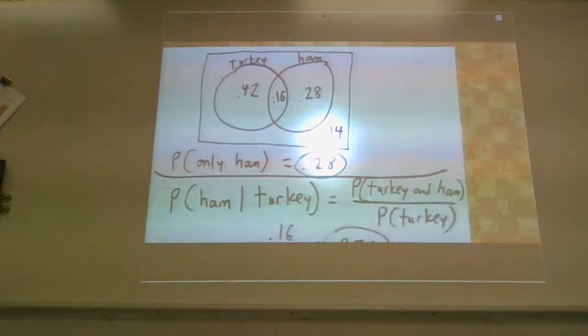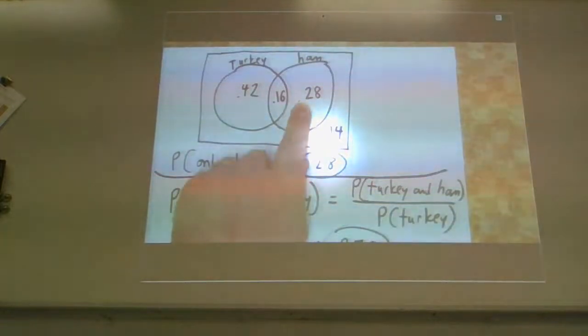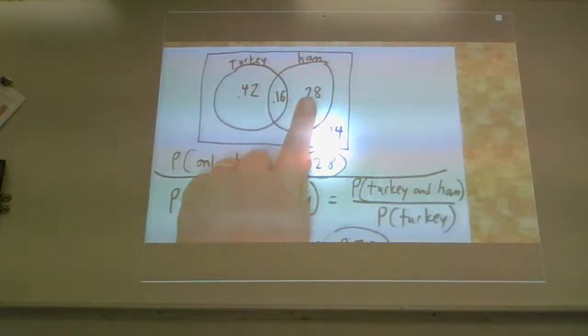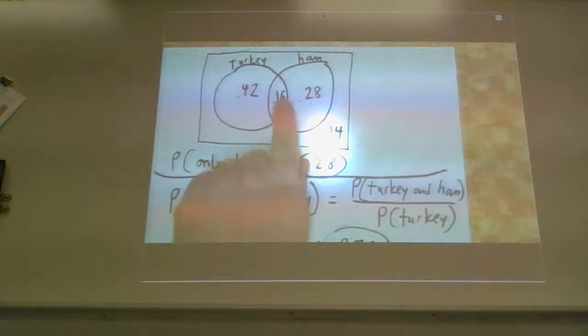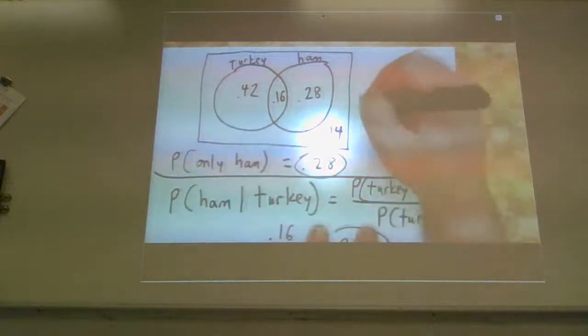But if we think about it logically for a moment, we take the probability of ham, which in this case was 44%. 44% eat ham. The probability of ham, which was 44%, which I'll write over here,